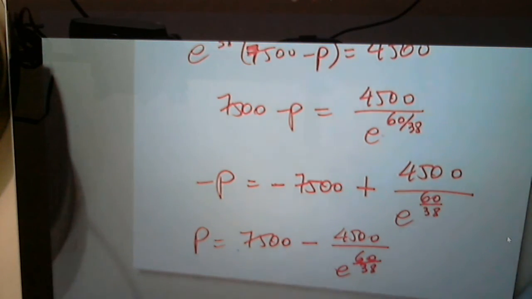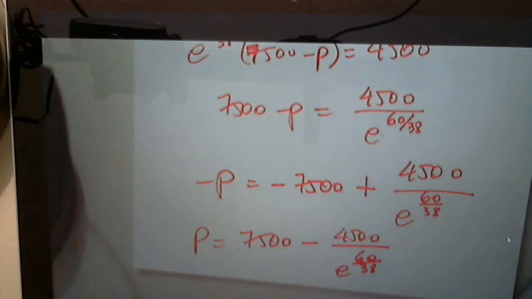Because the question was asking us to find, one more time, what is the population of birds after 5 years? So let me share my screen. Okay, no, I don't need to do that. Okay, so we have 7,500 minus 4,500 divided by,